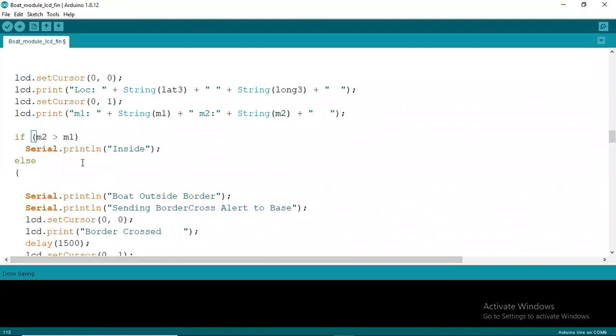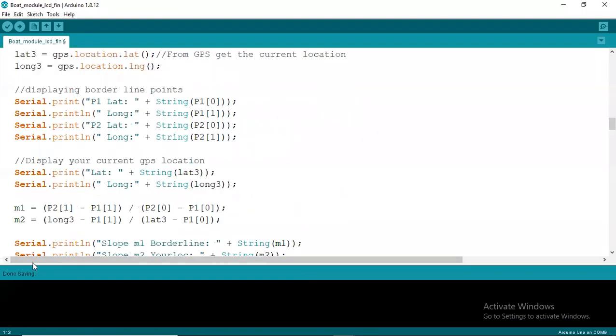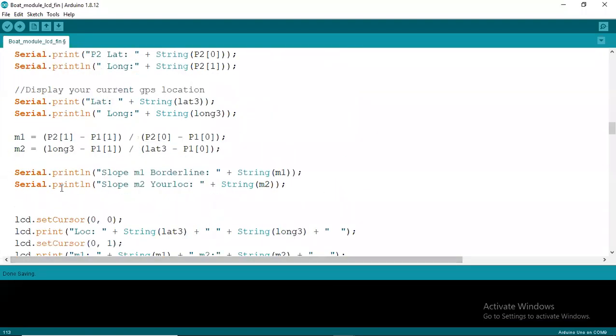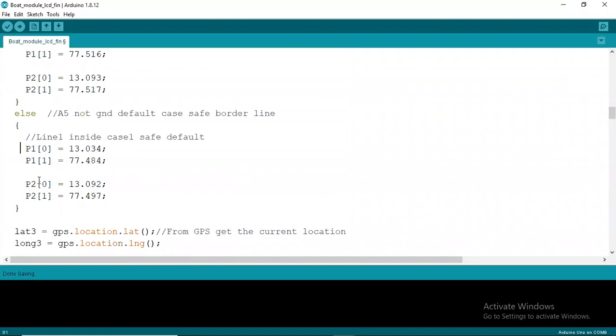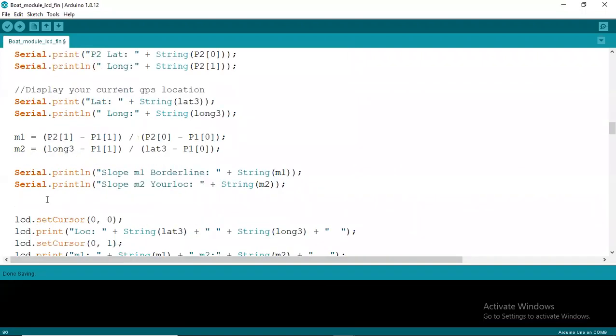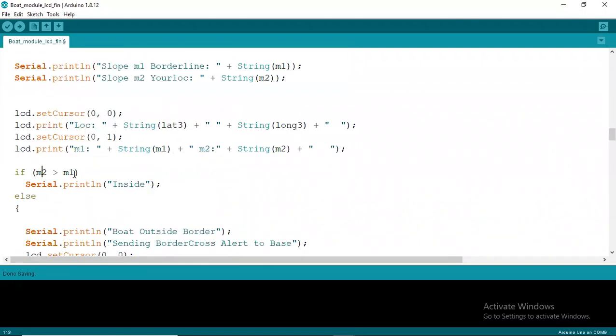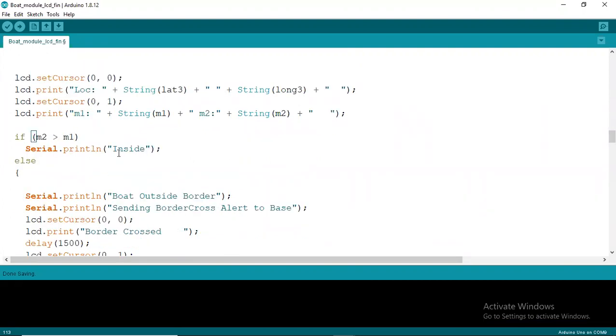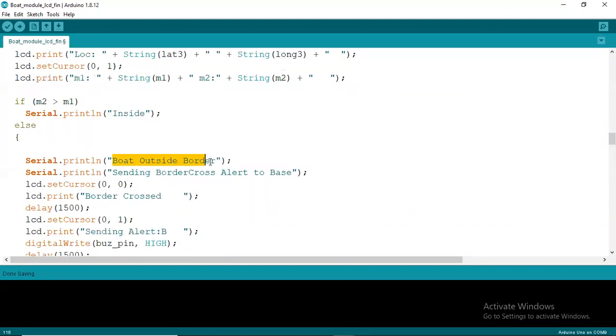Anyway, you are going to give a demo at Saptagiri College and Karnool Technology or somewhere near your house. So for you, it will be like a straight line from top to bottom. Change the location if required, this one, and then change the equation from here, this one. That's it, nothing more to change. So in your case, if M2 is greater than M1, you are inside, safe. But if M2 is less than M1, your bot is outside the border.